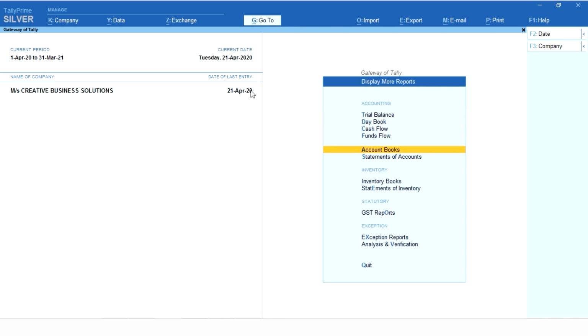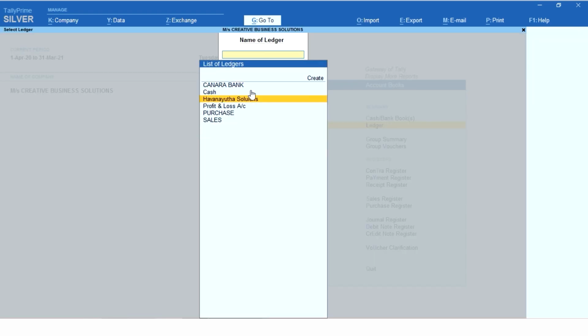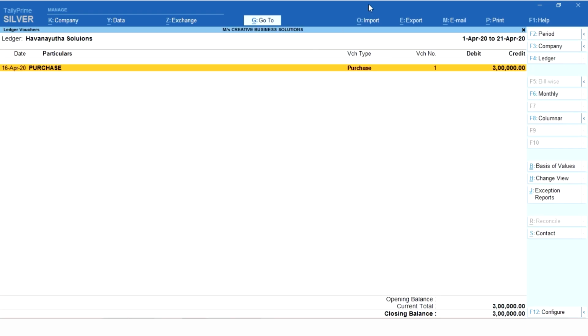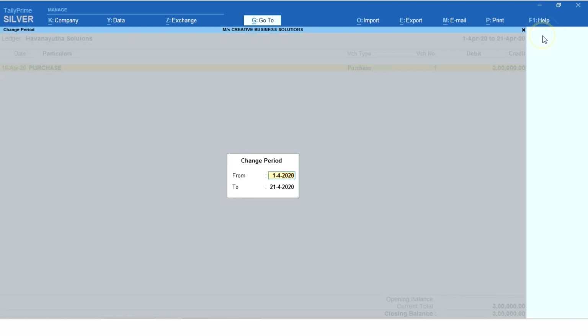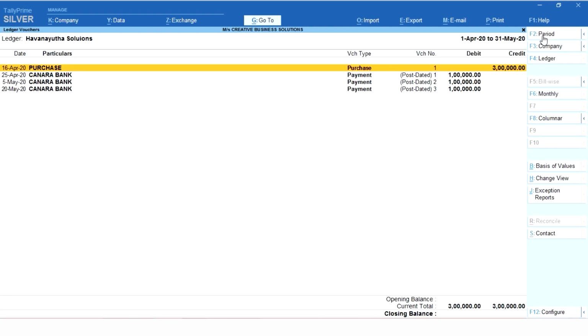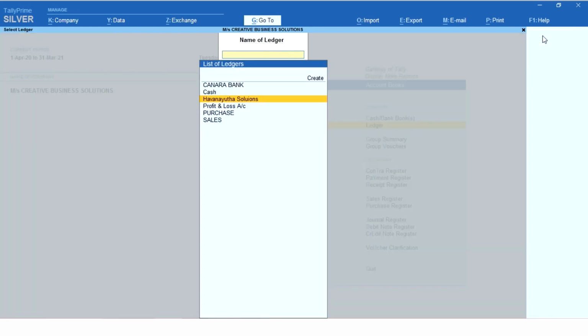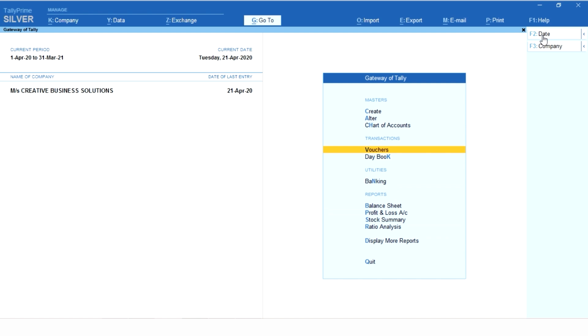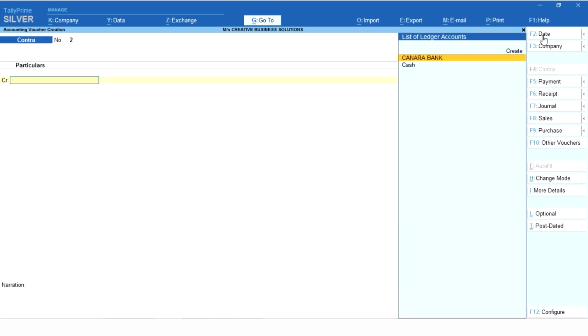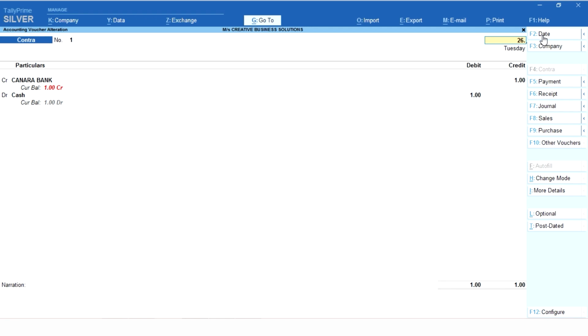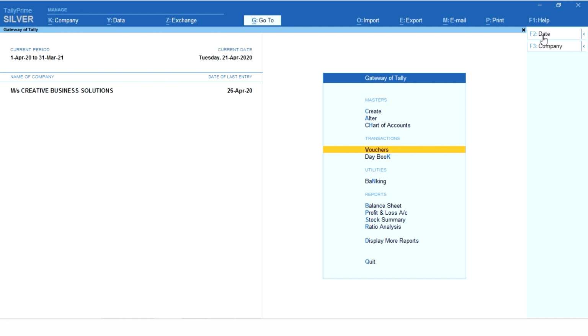Now if you see a report of your ledger, it is still saying 3 lakh rupees itself. So we'll give a full period here. We have passed a transaction on 25th April, right? So what we'll do is edit this date to 26th April and accept, so that my last date of transaction has become 26th April and one PDC check has to affect my books of